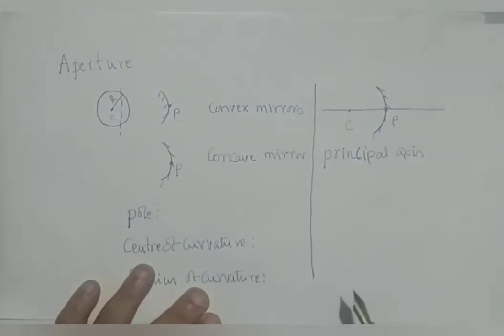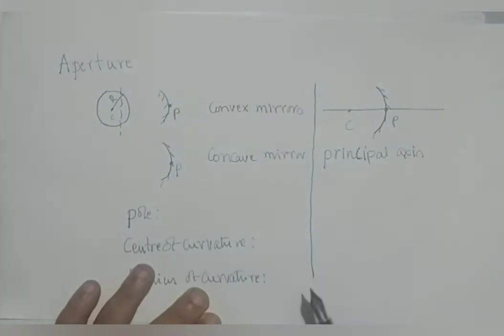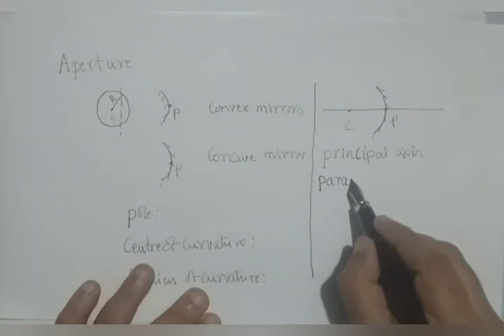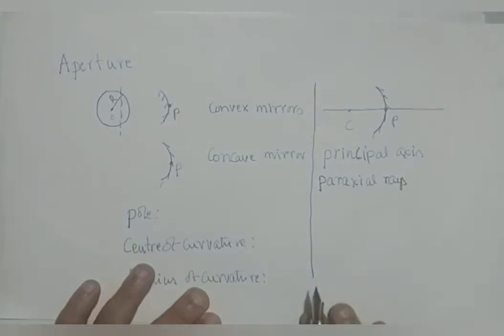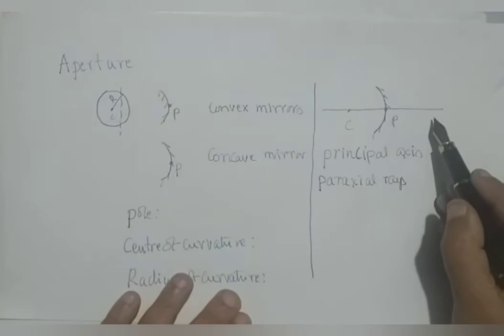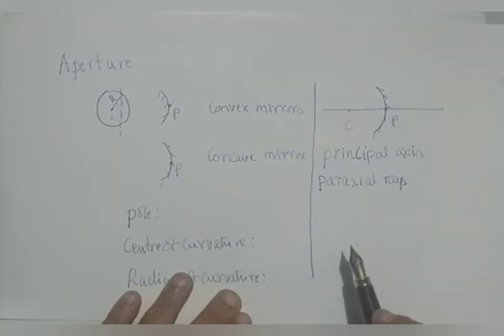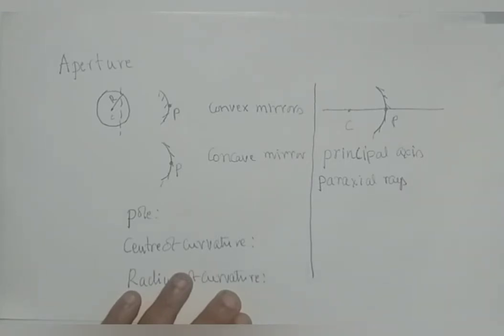And with this, next thing is, in ray optics, in this chapter, whatever we do, we always use what are called paraxial rays. These are the rays which are very close to the principal axis and which make very, very small angle with the principal axis. Sometimes we also take them as parallel rays. Therefore, basically we concentrate on paraxial rays.